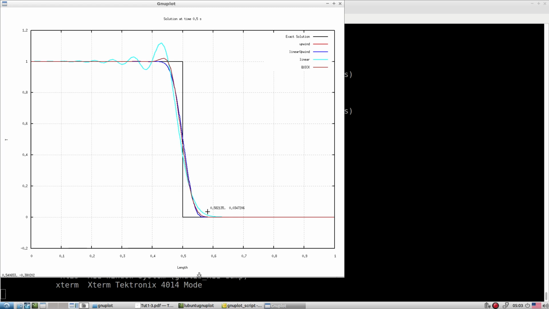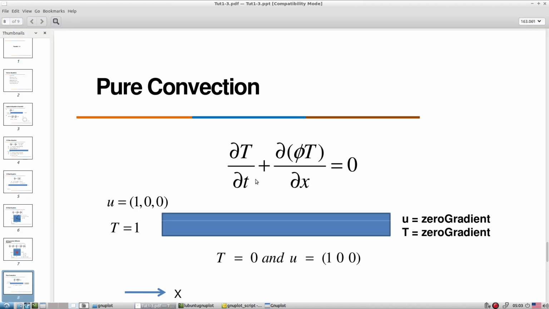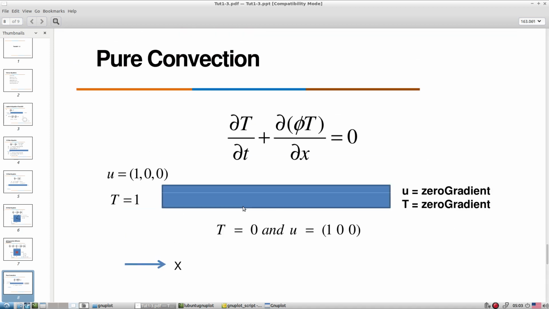Okay, so this is how you can quickly check the solution for different class of the schemes and different mesh size for this very simplified test case. Okay, so sometimes this class of the test case is very helpful to tune the different type of, let's say, discretization methods. Okay, or the grid generation, delta t fixing, CFL numbers, all these things one can tune based on the requirement with the help of this very simplified test case. Okay, so this is how one can very quickly add up the different class of the solvers.